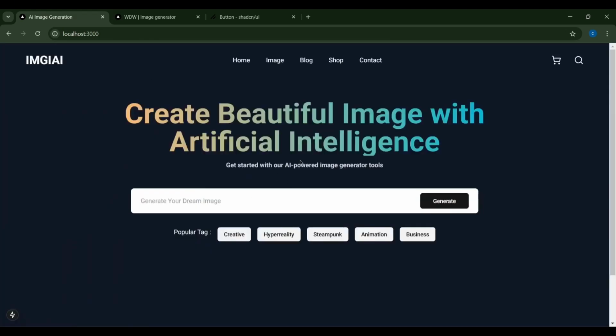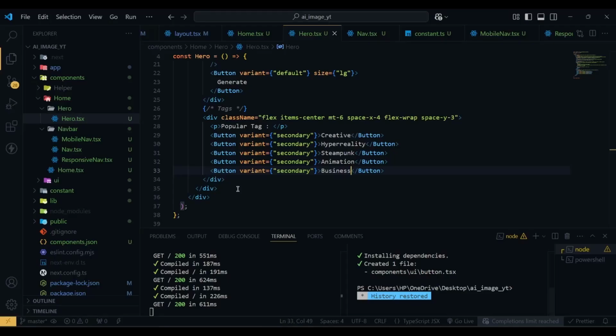So our hero section is completed. Now we are going to create the functionality to generate an image based on your prompt. So first, let's go to our project. Here we need Axios for the API request, and we are also going to use